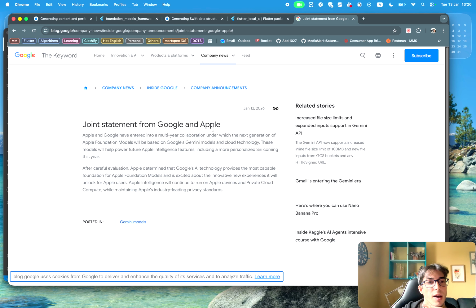Thing is that Google and Apple, they are somehow working together. They have a collaboration, and they said that the Apple Foundation models are gonna be based on Google's Gemini models. So what does this mean? This means that this small language model that we are gonna have on your device, that is not going out to the internet or anything, is going to be